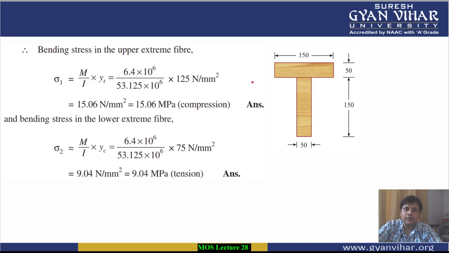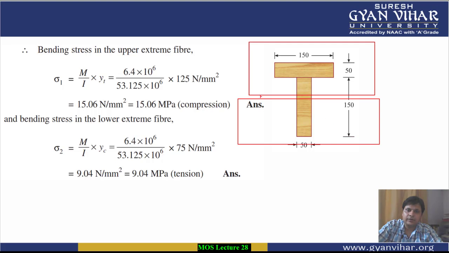Alright, so now we will calculate the individual bending stress for this also and for this also. If this is your neutral axis, then the portion above is in tension, because in the question they have given that the above portion is in tension and the lower portion is in compression, and this happens in the case of cantilever beams. In the case of simply supported beams, you don't get the tensile force above the neutral axis.